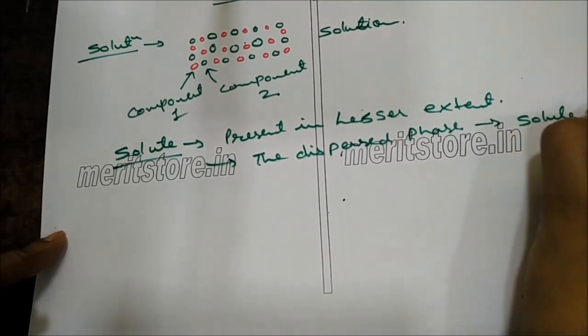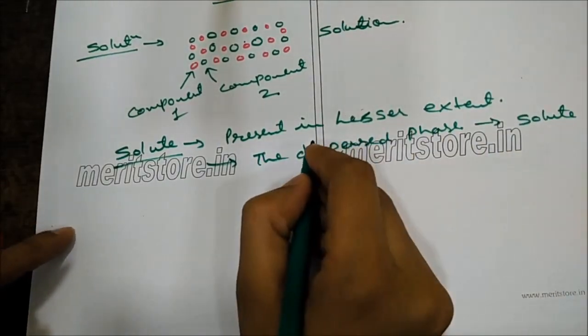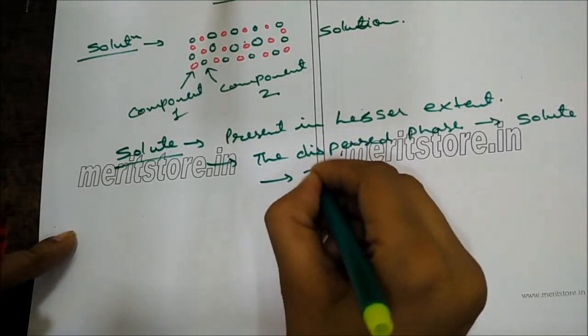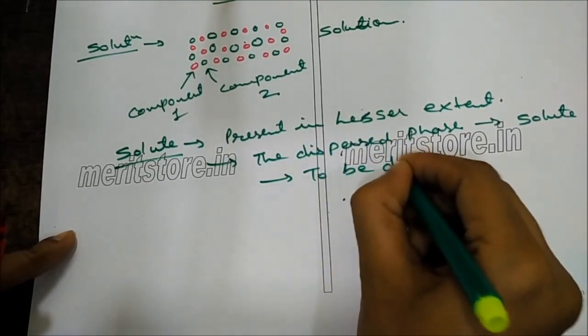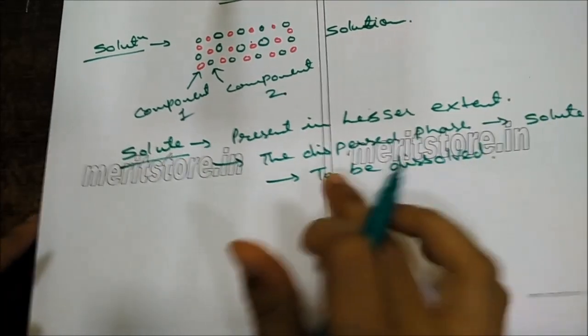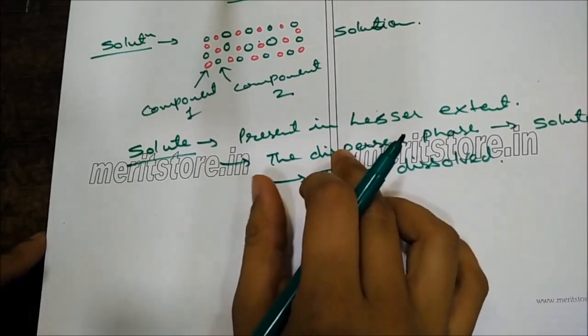The dispersed phase or the substance which is to be dissolved is called solute and is always present in a lesser extent,